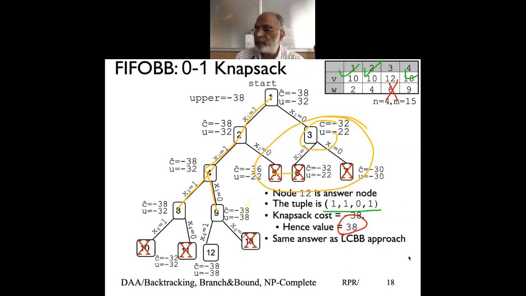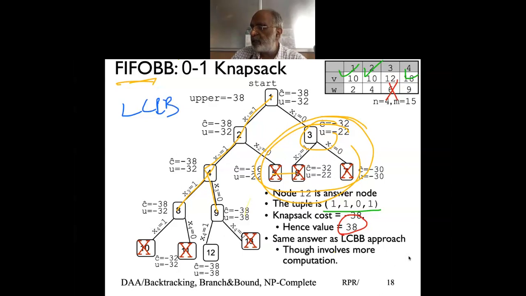The difference is, while picking the minimum node, we were maintaining a heap and adding to the queue and removing, taking log n time. But here adding and removal is order 1. So depending on the problem, you choose whether you want to use the FIFO approach or the least cost BB approach. And that is what it is. That's what we've basically done.